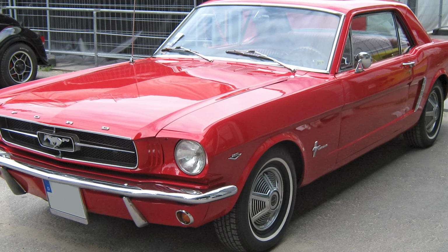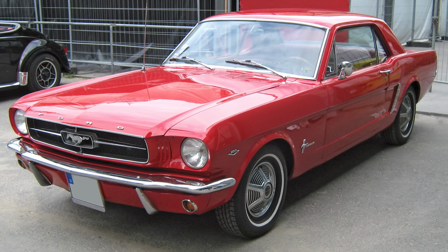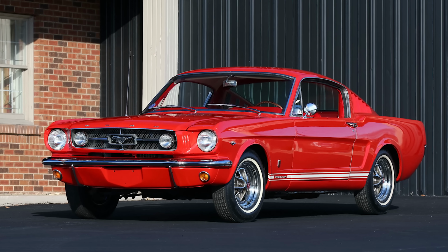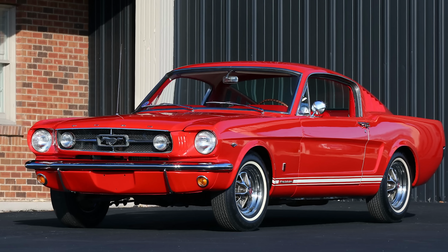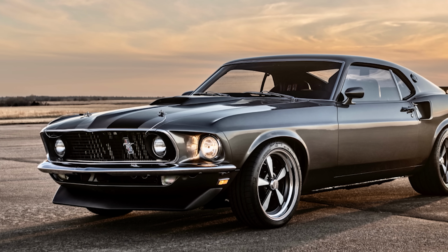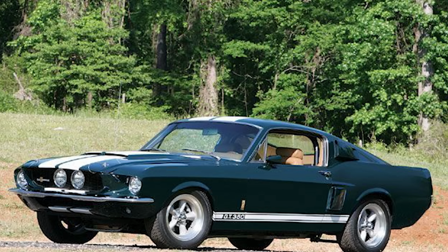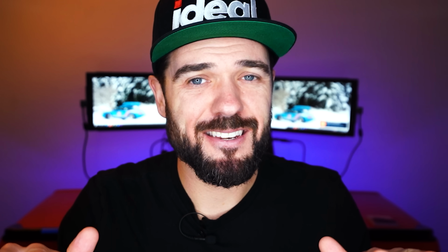And the very first pony cars back in 1964 set in motion one of the biggest movements in automotive history. Muscle cars were a thing in America and people loved them. And so eventually the Mustang evolved from the all-American pony car to a full-blown muscle car. And this was all thanks to special editions like the Mach 1 and the Shelby GT350. And then the oil crisis hit, which essentially flattened the muscle car kingdom. But not all hope was lost because